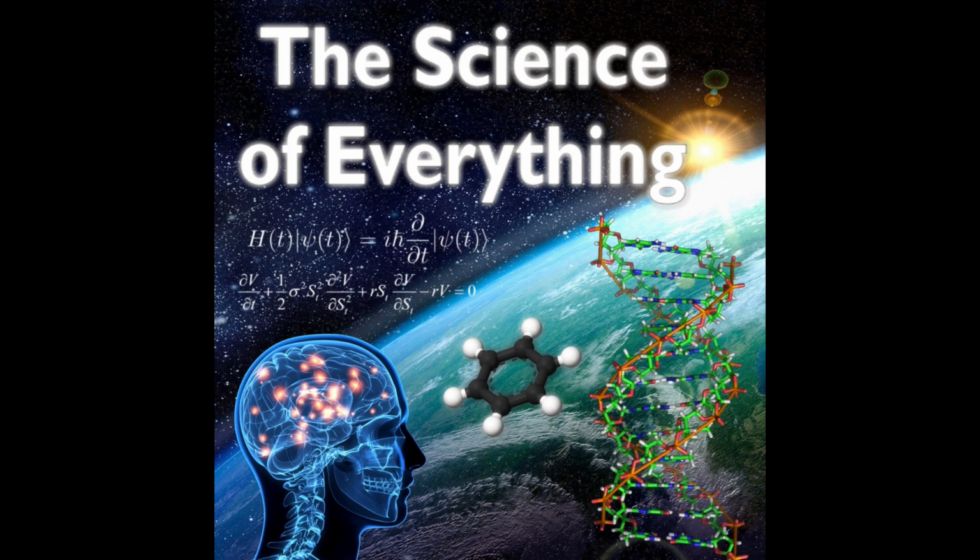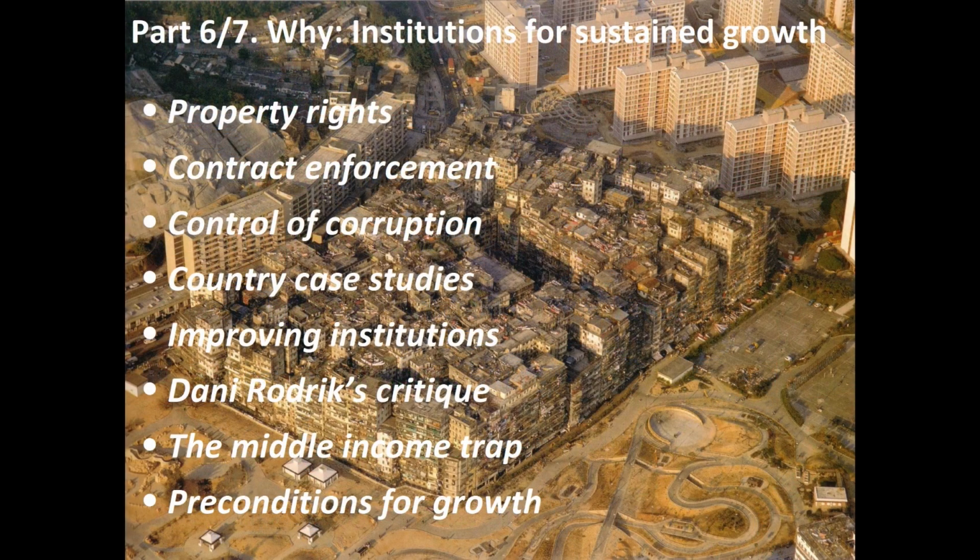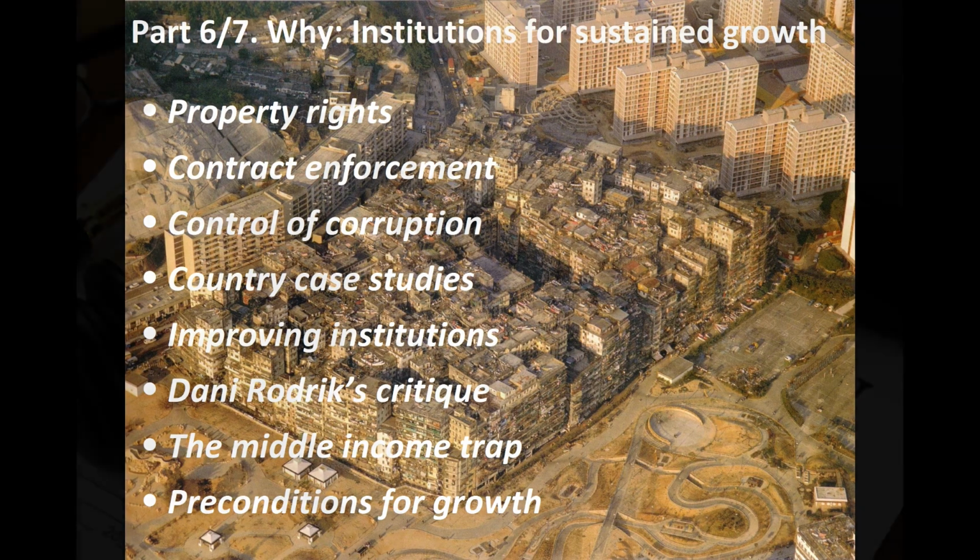In the previous episode, we looked at different single-factor explanations of growth differences, including culture, dependency, democracy, geography, education, and institutions. I explained why I think institutions play the leading role in explaining growth differences between countries. In this episode, we're going to delve into institutions in more detail and talk about which institutions are important for growth, the empirical evidence and theoretical insights relevant to those institutions, and apply that to specific case studies. So, that's the agenda for today. There's a lot to get through, so let's jump right in and start talking about property rights.